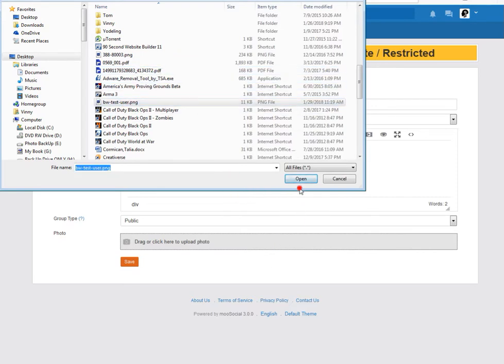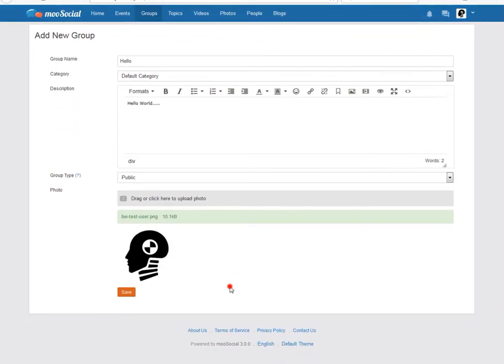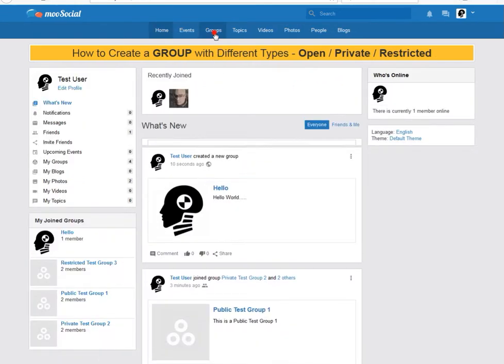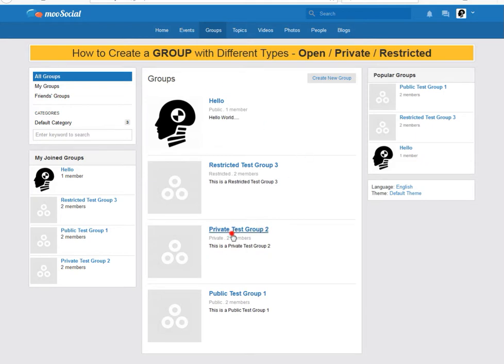Go ahead and click open. It uploaded it. We're going to hit save, and it's going to put a little icon or avatar right here. And there it is with the group. Now, up here is where you control the group. So if I go out to home and then go back to group, you'll see the group here, but there's